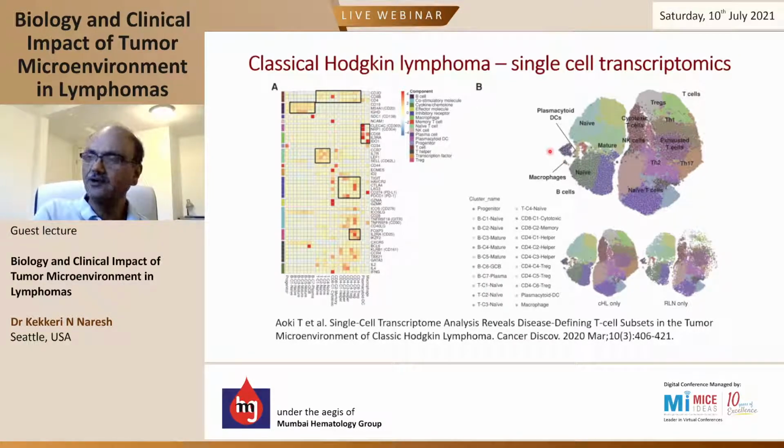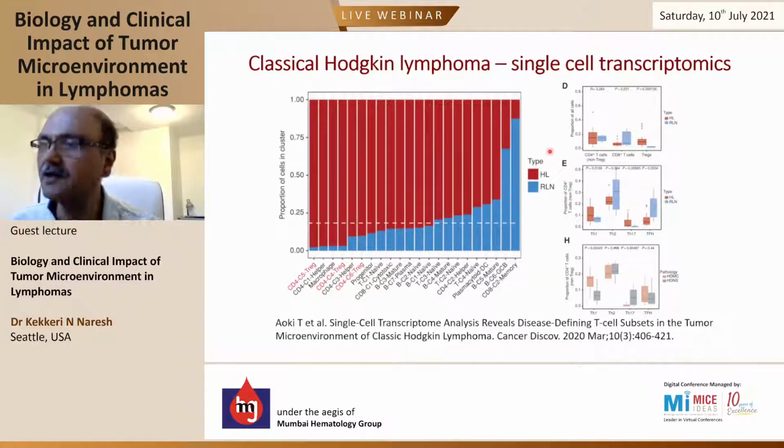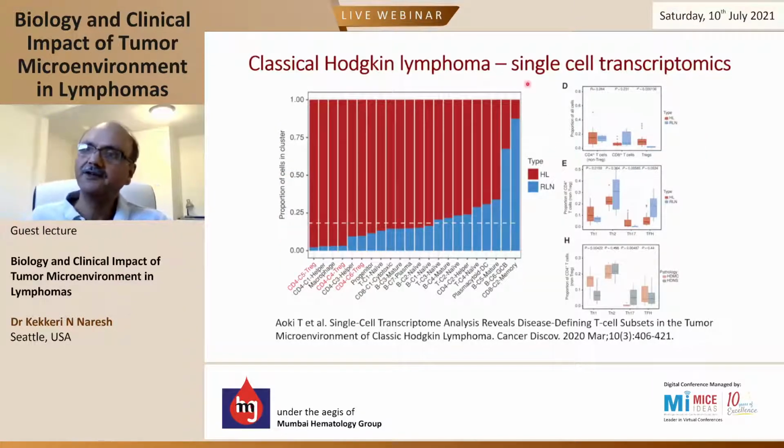It was basically looking at differences between different types of Hodgkin lymphoma and between reactive lymph node and Hodgkin lymphoma. And you can see here in red are the Hodgkin lymphoma samples, and in blue are the reactive lymph node samples. At one end of the spectrum, you have regulatory T cells, which are markedly overrepresented in Hodgkin lymphoma samples, and you have the CD8 memory T cells markedly overrepresented in reactive lymph node samples, and the rest of them falling in between. And when you look at differences, you can see that in the